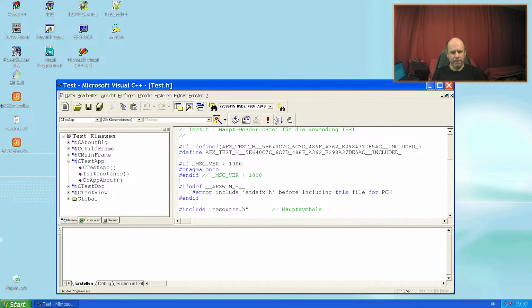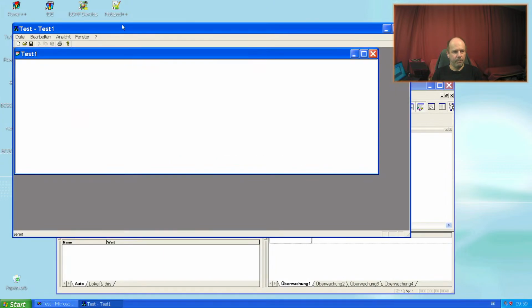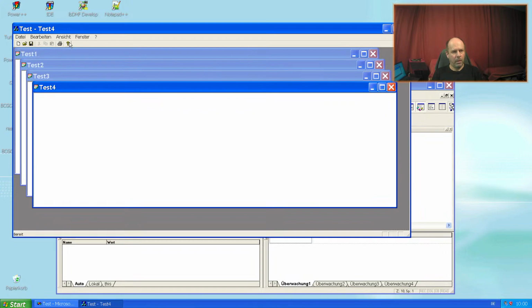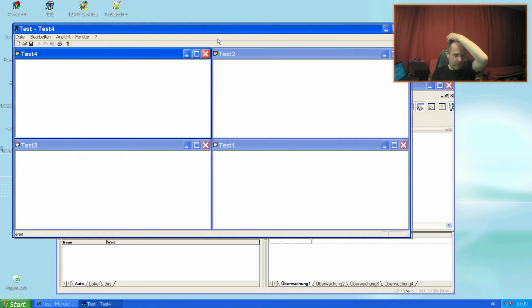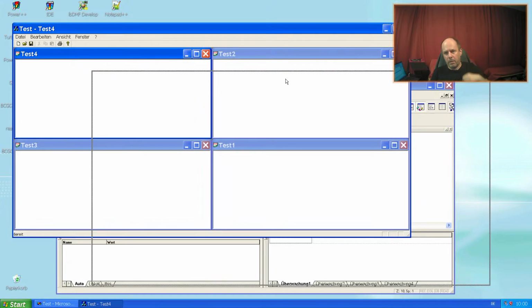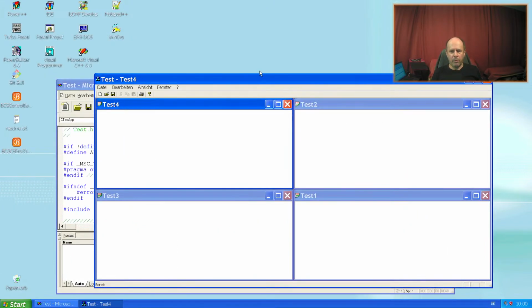This UI looks a little bit better than the Watcom one, but it's not such a good looking UI of nowadays.